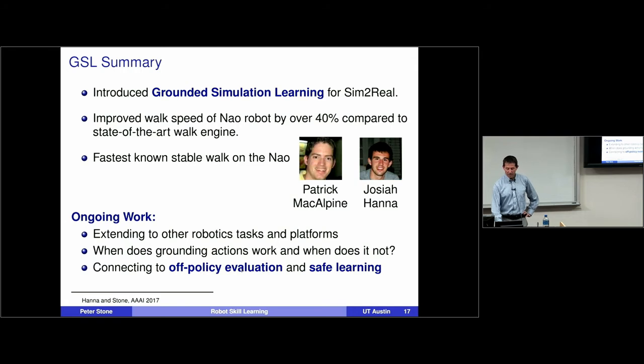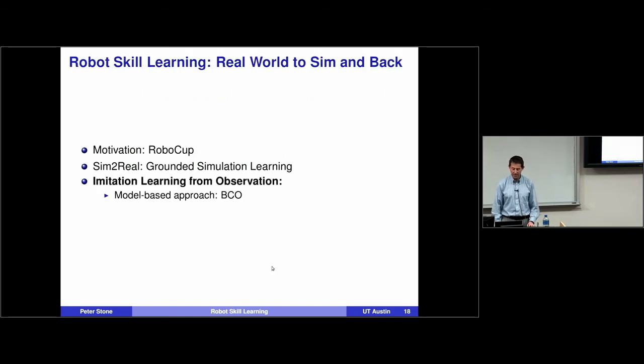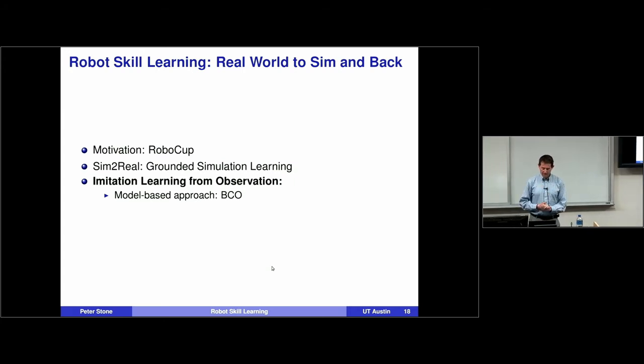I should say, one of the other things that this does motivate a lot is, in the reinforcement learning literature, off-policy evaluation and safe learning. How can you make sure that during the learning process the robot doesn't fall over? How can you take data from one policy and have it applied to learning in another policy? That's joint work that we've also done, and we've had at ICML and AAMAS in the years afterwards, very much motivated by this. In any case, in the interest of time, I want to shift gears